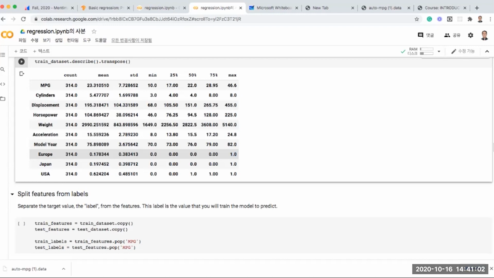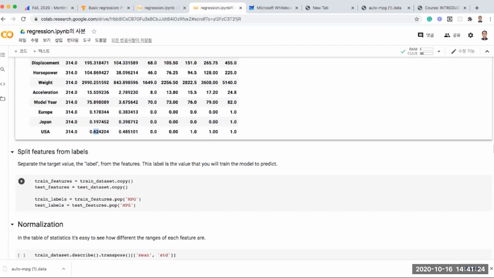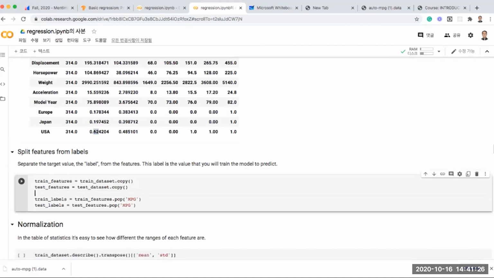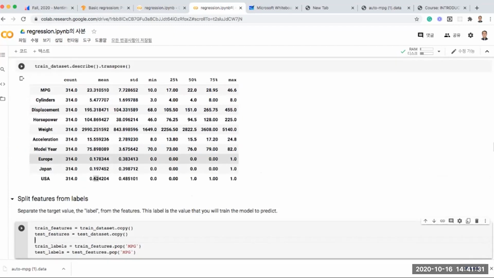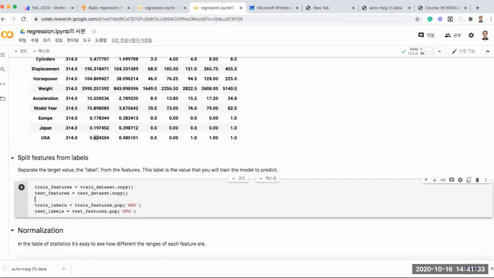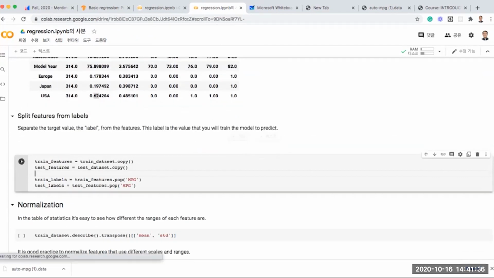And you can see that actually 17.8% of your data set is from Europe, 19.7% is from Japan, and 62% is from USA, just by looking at the average. Okay, now we are going to,